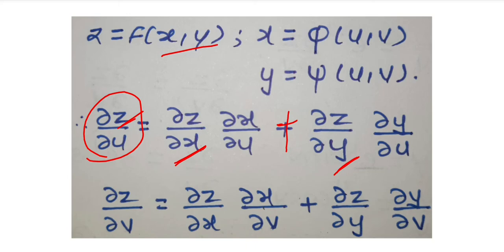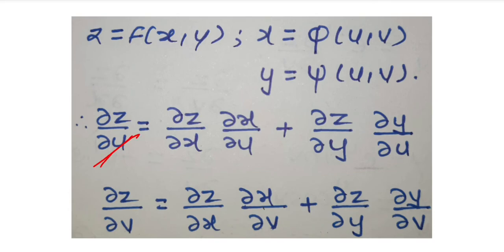Okay, this is the first step, but we want to differentiate with respect to u, so we will again differentiate this delta x with respect to u, so this delta x upon delta u, and here is delta y, we want delta u, so we will again differentiate this delta y with respect to delta u. So finally we will get delta z upon delta u equal to delta z upon delta x into delta x upon delta u plus,